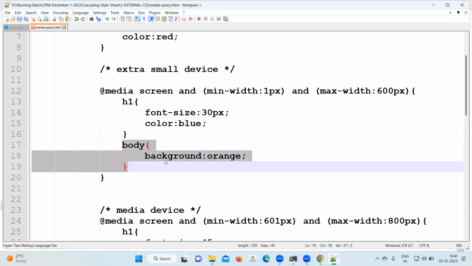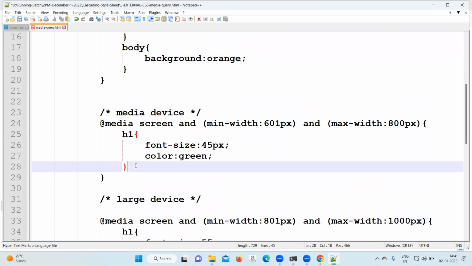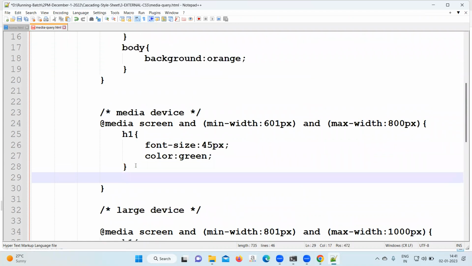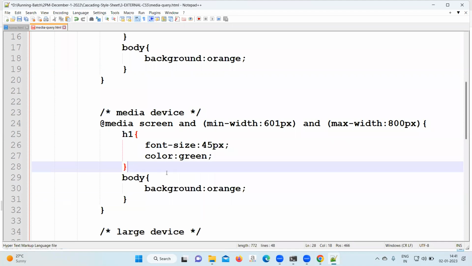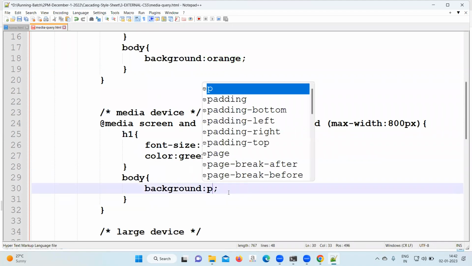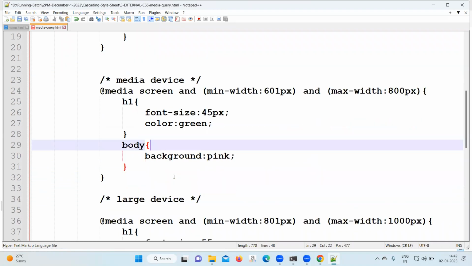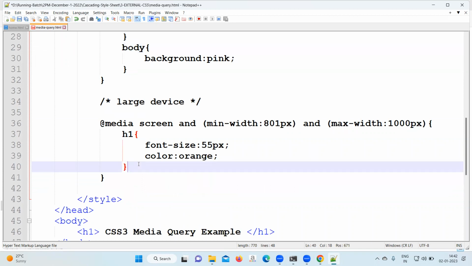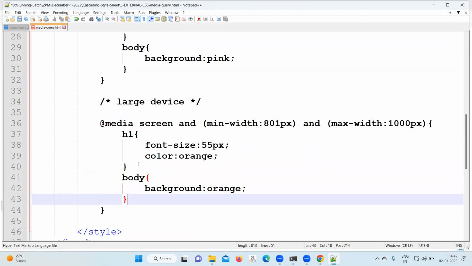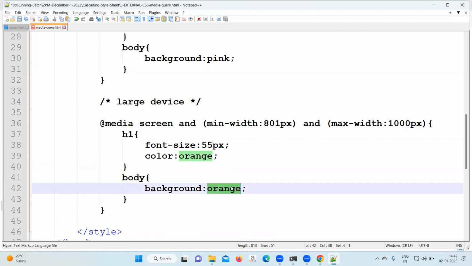Again, when it goes for 601 to 800, then for the body tag, pink color. Right. Again, when it goes for 801 to 1000 pixel, the background color